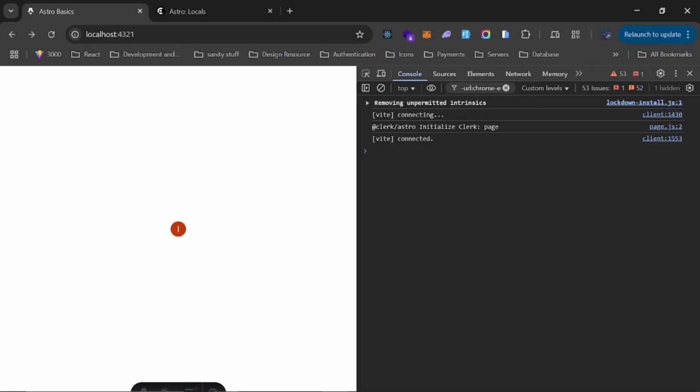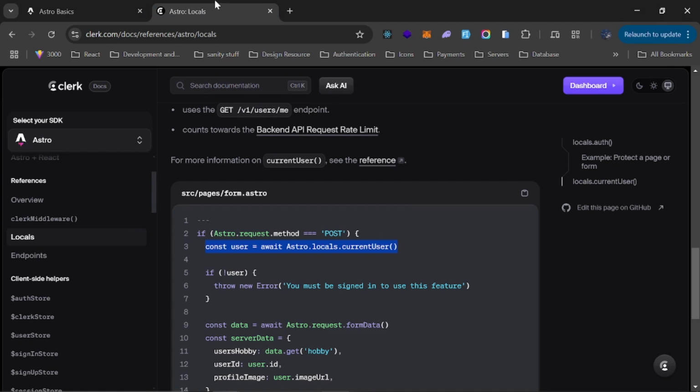So if I check my client side, you can see all those data are not showing. If you want it to be on your client side, that's when you use these client side helpers. And the first time I saw this, I was like, what is really the use case? Because you can just use one that will just handle both cases. But from what I understand so far is that this locals is basically used when you want to do a